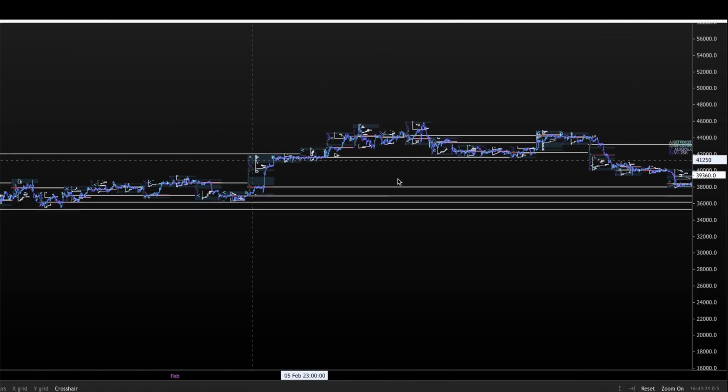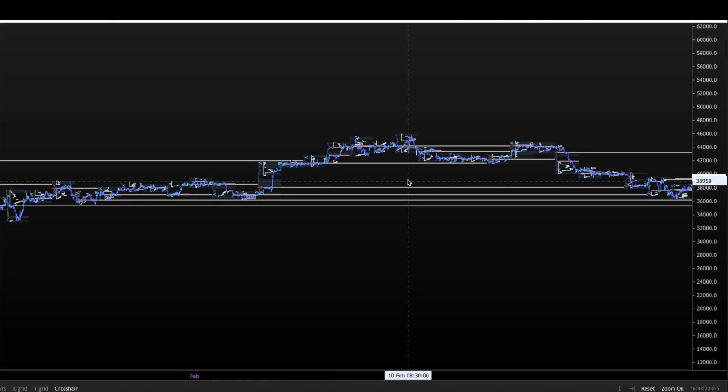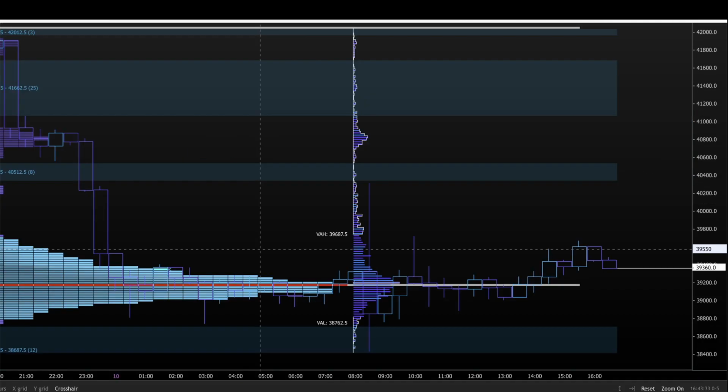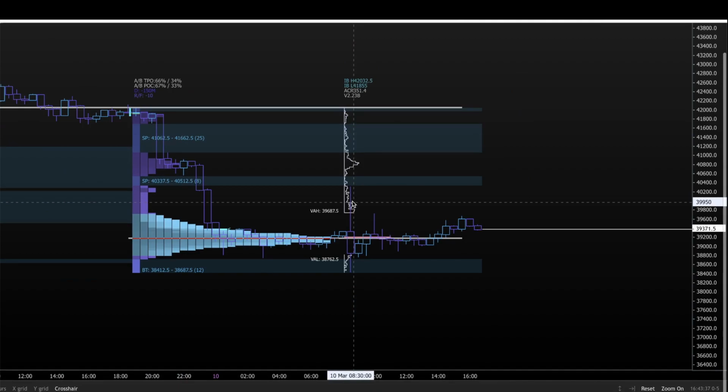And so we would be looking for a reaction from these single prints, okay? And we don't always get a reaction. And so what I like to do is I like to mark them on my chart and trade them if there is confluence, okay? I like to trade them if there is confluence. Now, what that means is